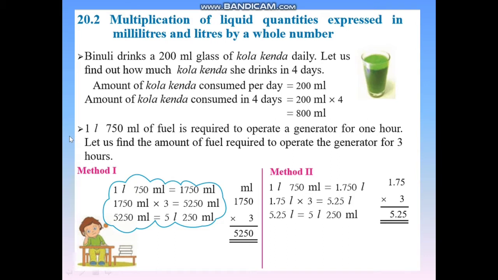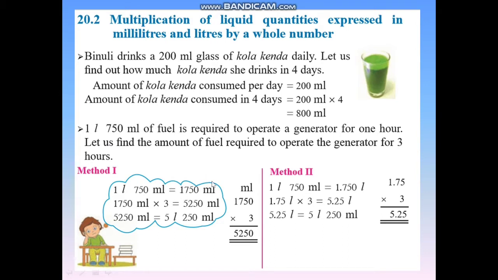Here we have the liquid measurement in 2 units, in liters as well as milliliters. So the best thing to do is convert this into one type of unit. The easiest way is to convert it into the smaller unit. That means convert this 1 liter 750 milliliters whole thing into milliliters. How are we going to convert it? On the liters side you have to multiply by 1000 and add it to the milliliters. Now 1 liter is 1000 milliliters and 750 milliliters left. So when we add them, we get